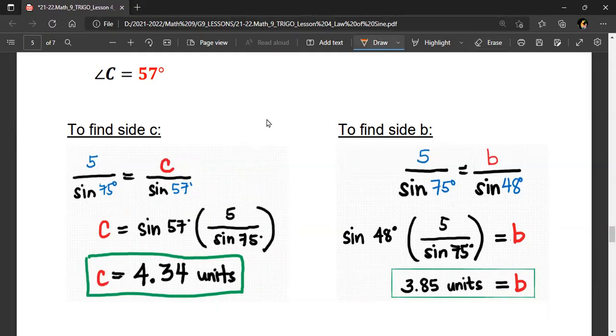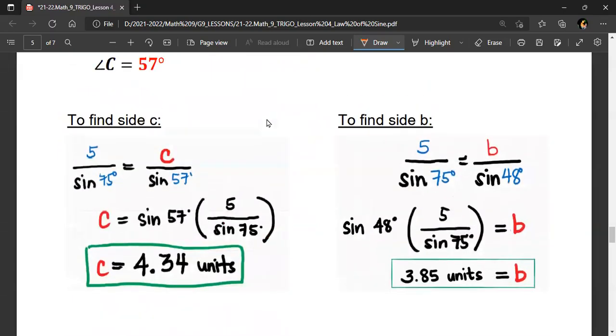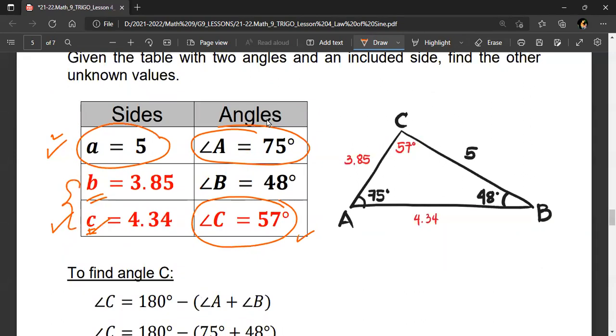Now this time, we have completed the side A and angle A. We also completed the angle C and side C. This time, we're now about to compute the side B. Therefore, I can use the values from the side C, but I would prefer to use the given original side A or angle A. Therefore, here I can also use the relationship of B and C.